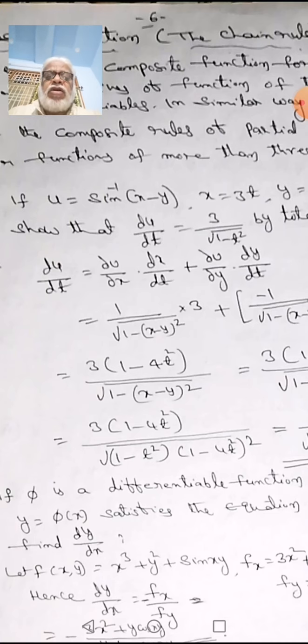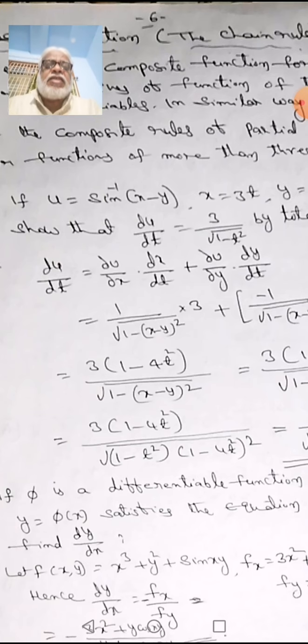That is equal to 1 by under root of, what is ∂u/∂x? Actually, u is equal to sin inverse of (x minus y), means 1 by root of 1 minus (x minus y) whole square into dx/dt. What is dx/dt? x is given as 3t, that's why that is into 3,